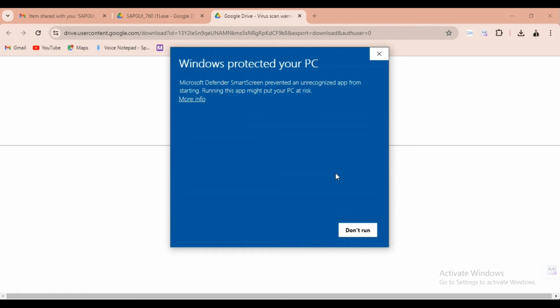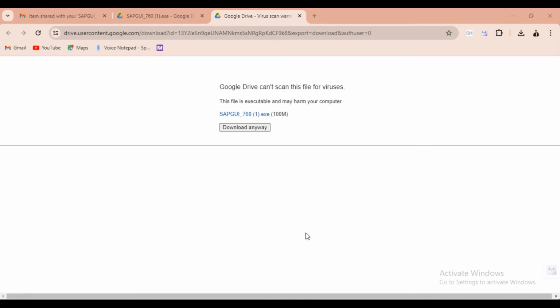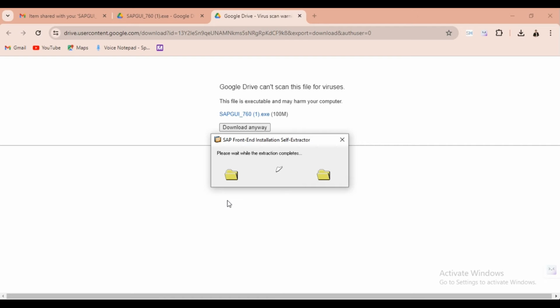So don't worry about that. That file is totally safe. Just go to More info and click on Run anyway. It starts extracting, and after that it will start installation.